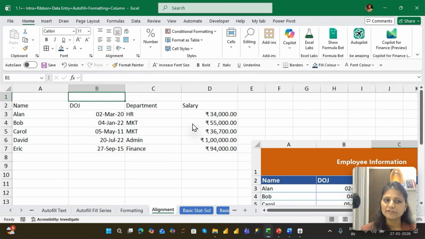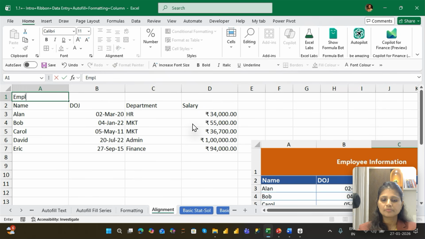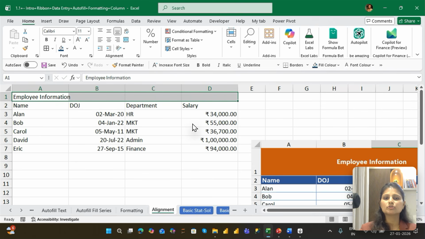I hope you have adjusted it in the same way. Just check the structure. What I would like is to give a title over here saying this is my employee info. So I'm writing that text, employee information. Now I want this employee information to be at the center because it cannot be on the corner. So if I want to bring it to the center, select the data, go to the Home